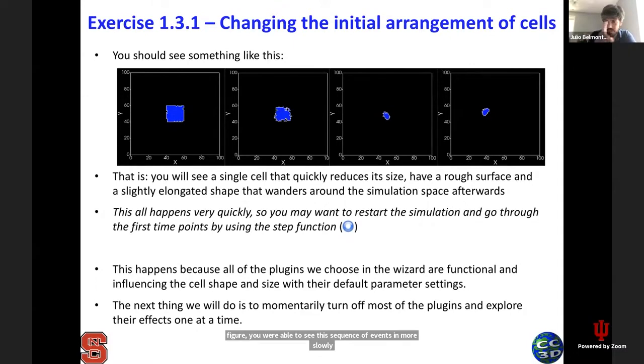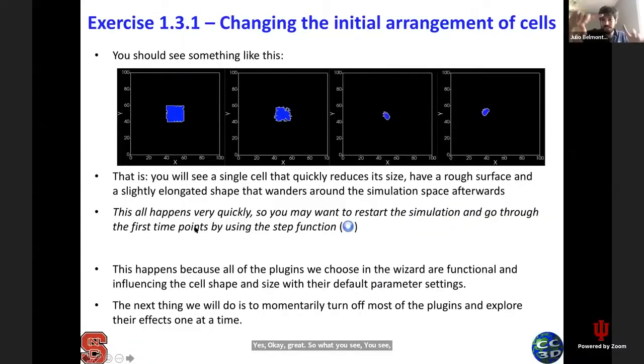Did it work? Yes, okay, great. What you see is a cell that starts as 20 by 20 pixels and quickly reduces,